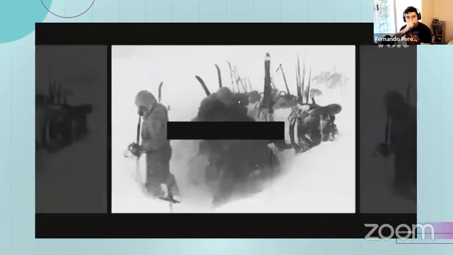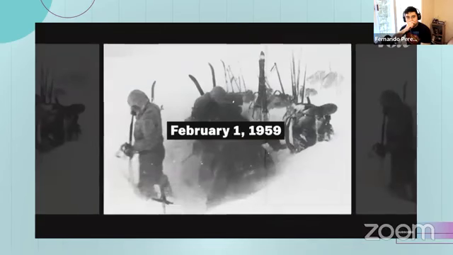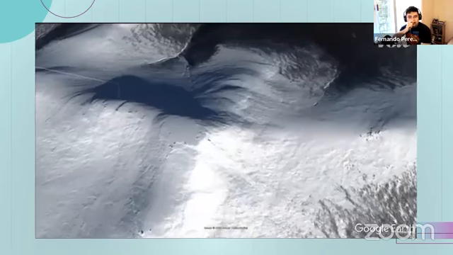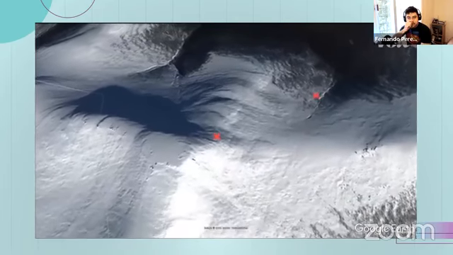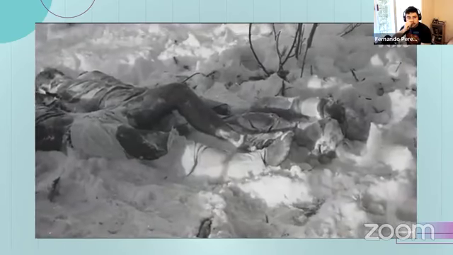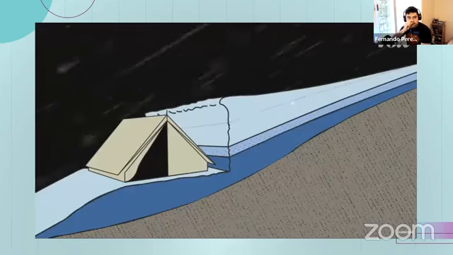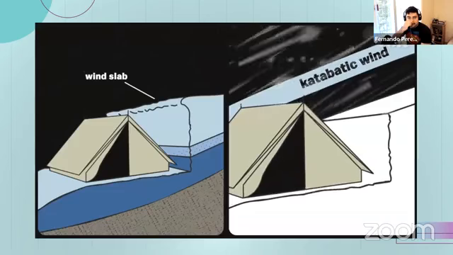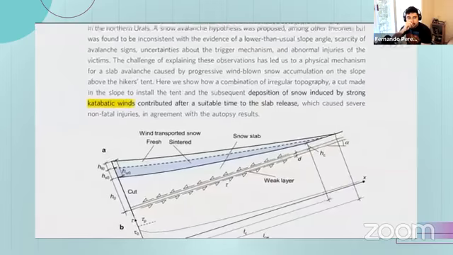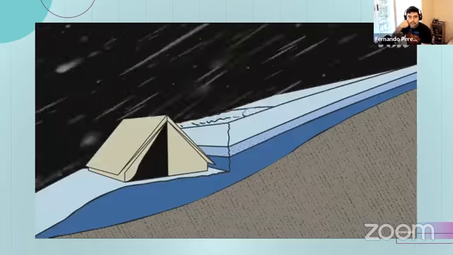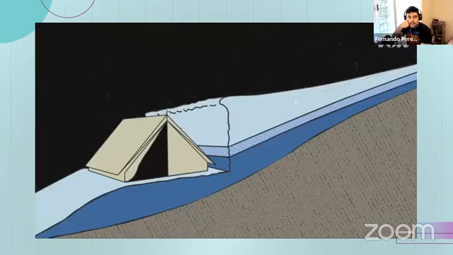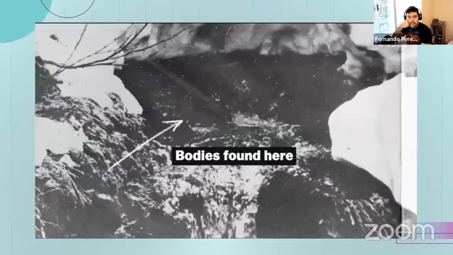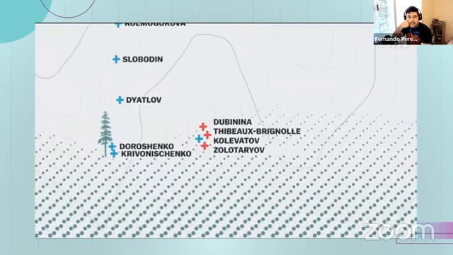On a freezing cold night in February 1959, 9 experienced hikers dug a platform into a slope to pitch their tent. Hours later, something happened that suddenly drove them into unsurvivable cold without proper clothes. A slab avalanche or katabatic wind are just 2 of many theories, and they actually have a lot of crossover. The slab avalanche theory needs katabatic wind to explain the snow transfer from the top of the slope, and the collapsed snow den in the katabatic theory is explained by a soft snow layer, the shelter they dug, buckling under